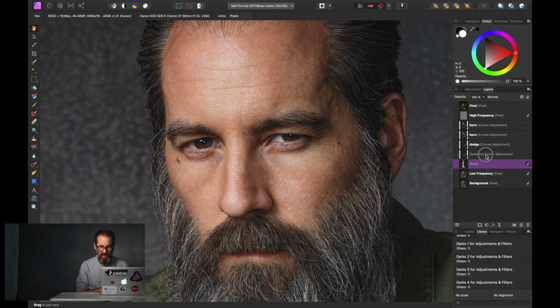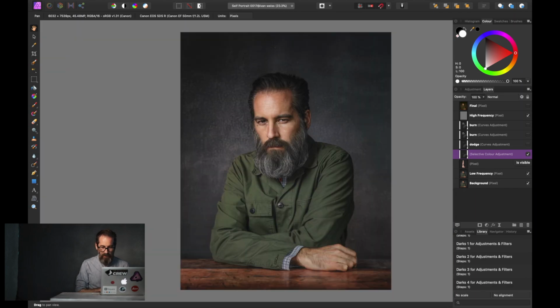And I've used a selective color adjustment to just damp down the reds a little bit and painted that in some key areas. So as I switch that off and back on again, you'll see that there's some redness in the side of the nose, on the tip of the nose, and in the under eye areas that I've just dealt with using selective color. And then finally, I've used some dodging and burning to